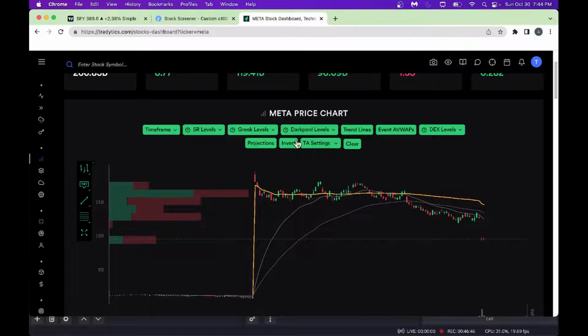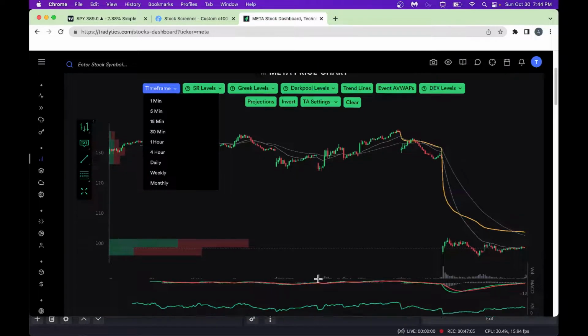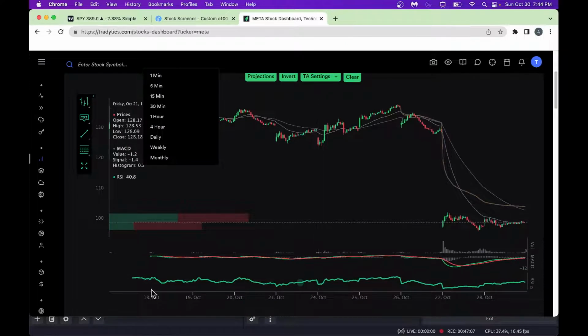For example, you could go into the time frame here. Depending on your trading style, if you're a day trader, you could go into 1 minute. If you're a swing trader, you can go to 5 minutes or 15 minutes and go from there. For this example, let's say you're a swing trader, you can go into the 15 minutes chart here. You get a couple of days, as you can see here: 18th October all the way to 28th October, about 10 days or so.